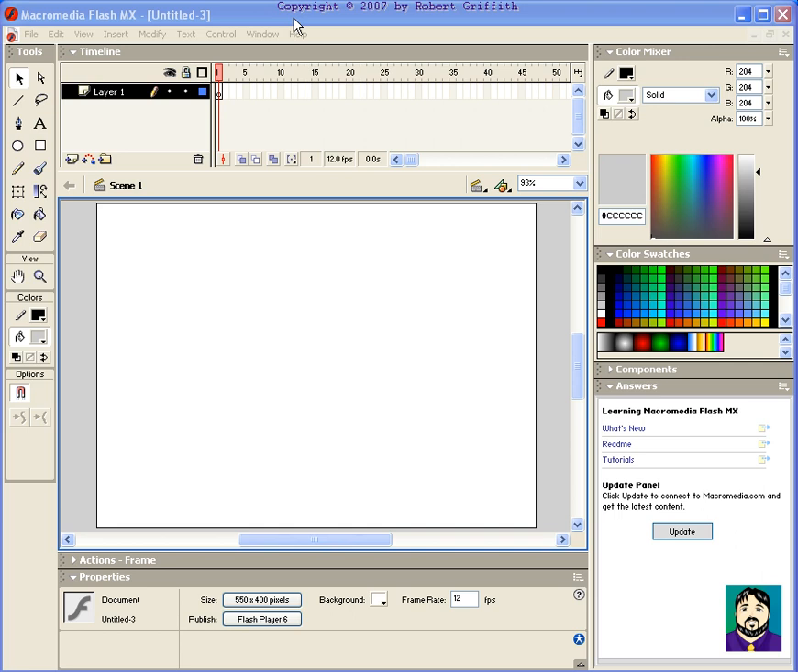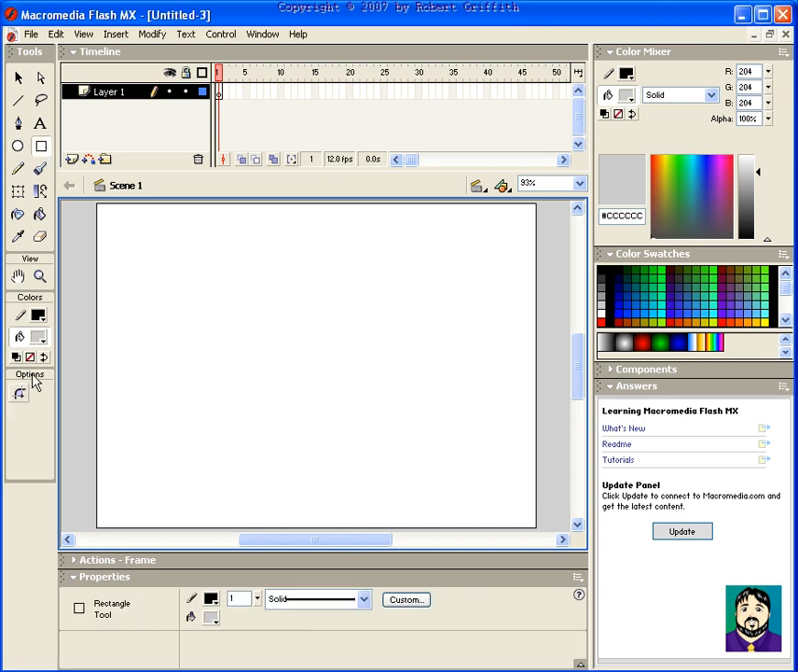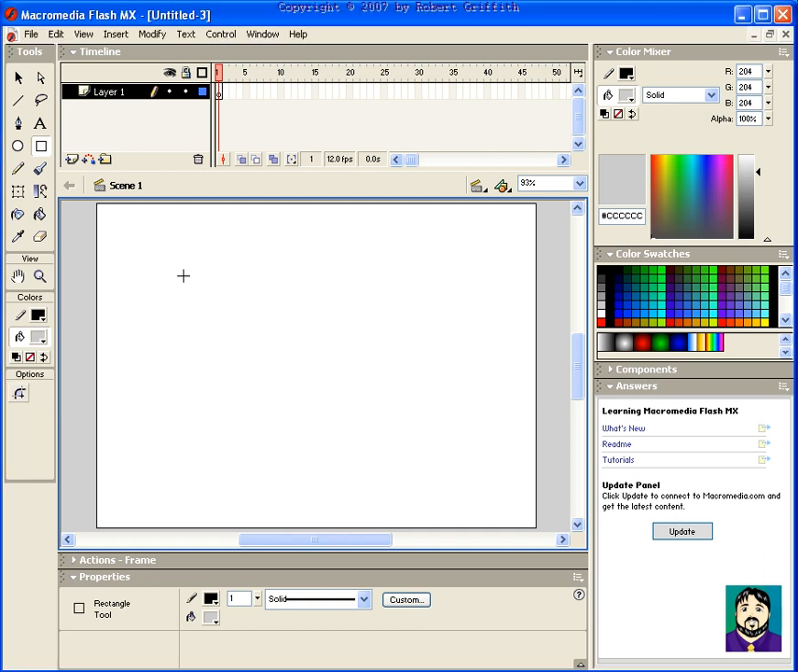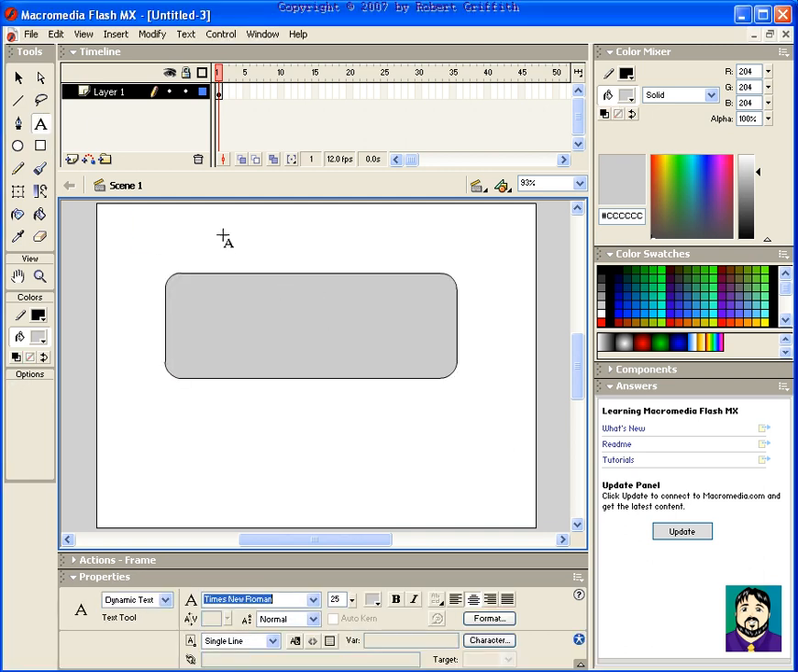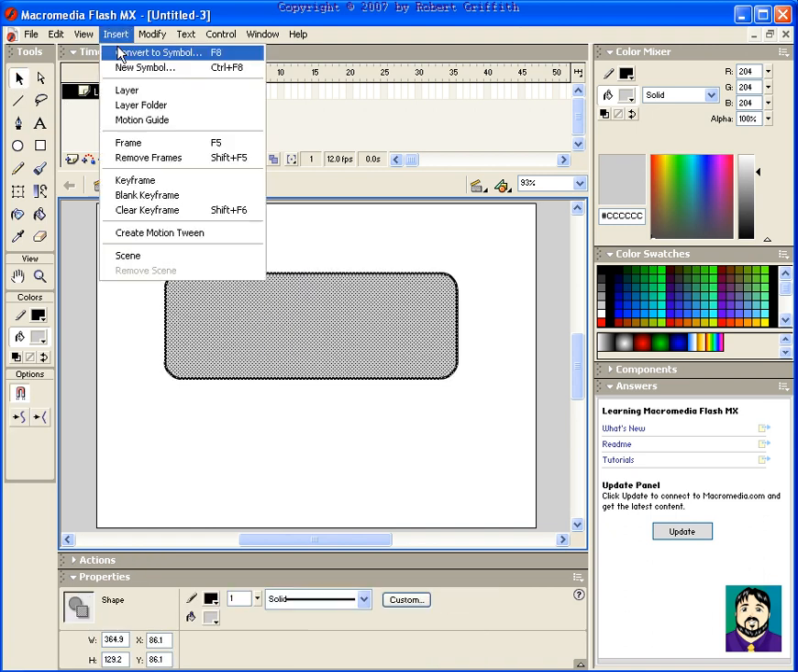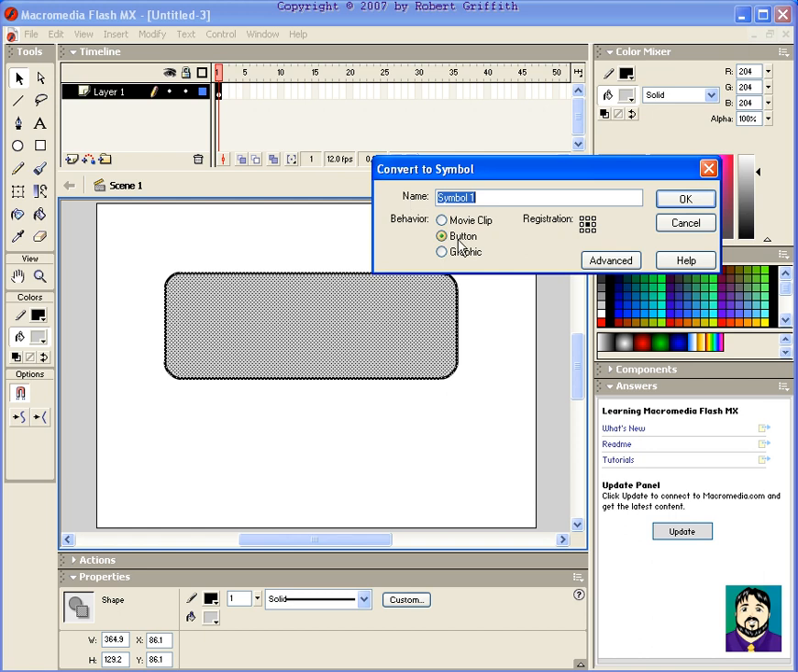Okay, in this next tutorial we're going to create a simple button. I'm going to go ahead and choose a square, and then I might add a little bit of corner points to it and have it just be a really large button. If I select the whole thing and convert it to a symbol and call it button 1 or whatever,